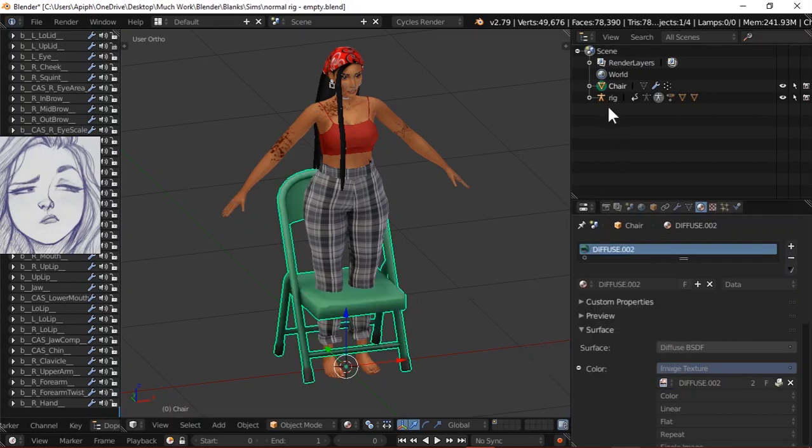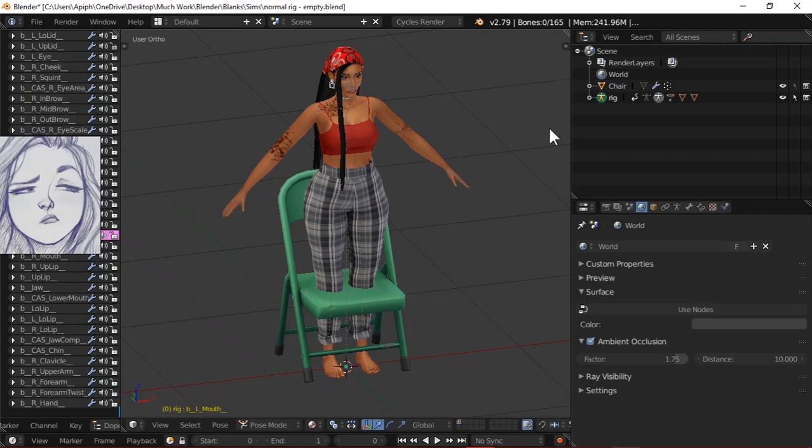Boom. So I'm going to make Aaliyah sit down in the chair. Now, what I recommend doing, if you're making body poses, not just facial expression poses, is to make quad view. Now, there are two ways to do quad view. There's the actual quad view key, and I think you can do it